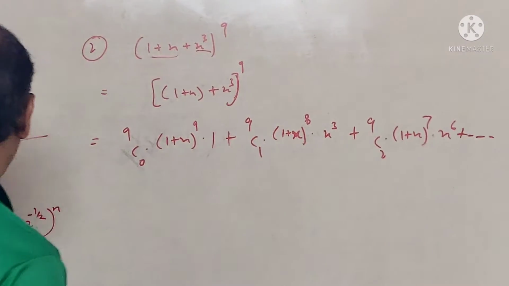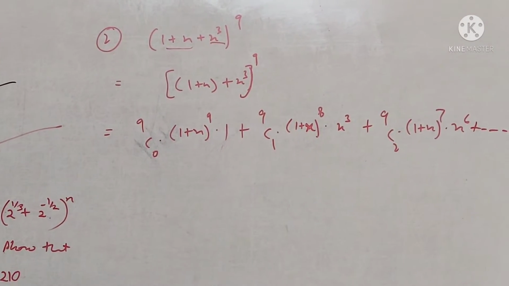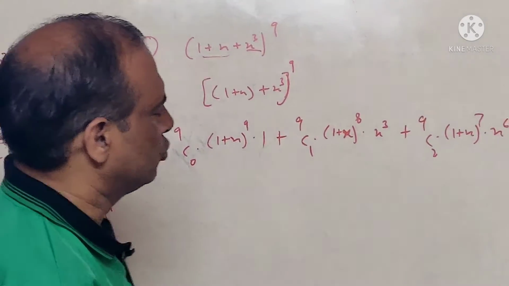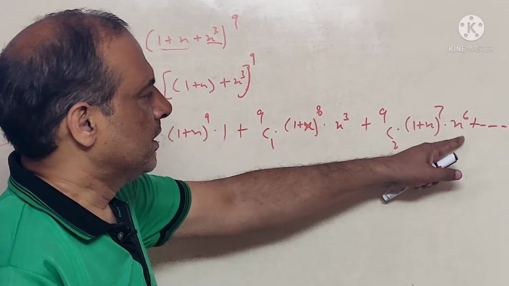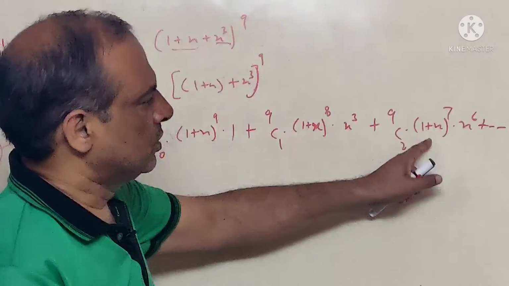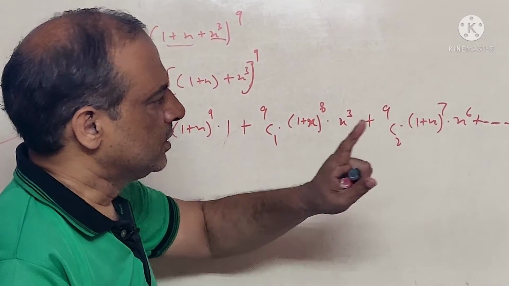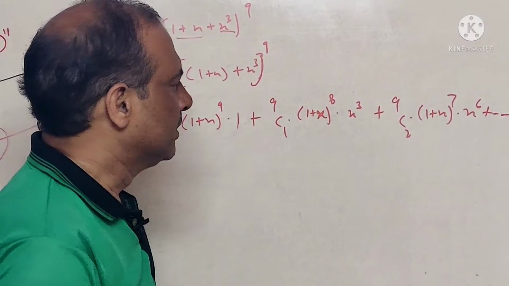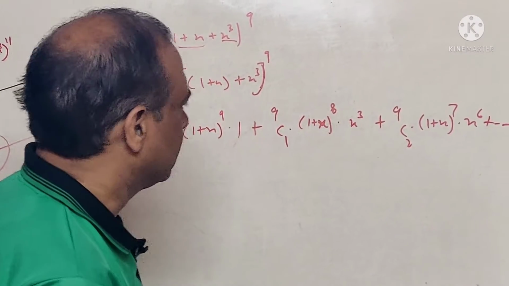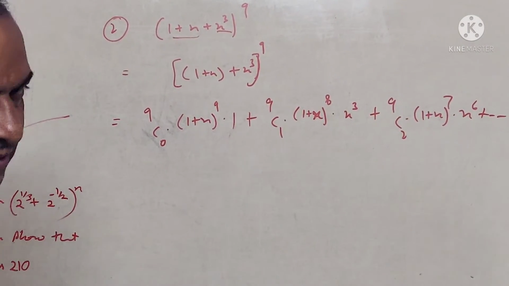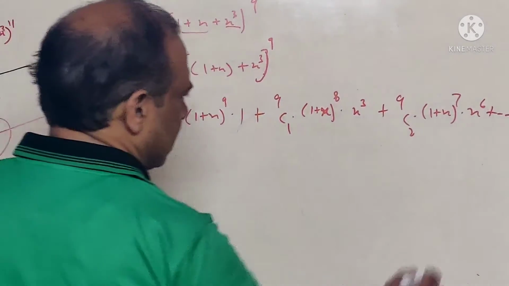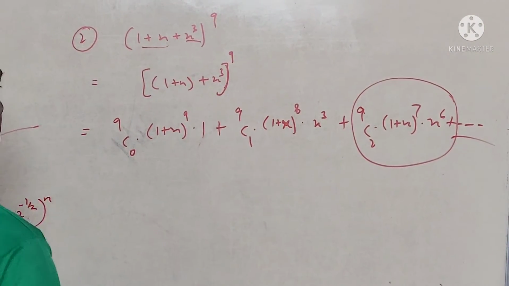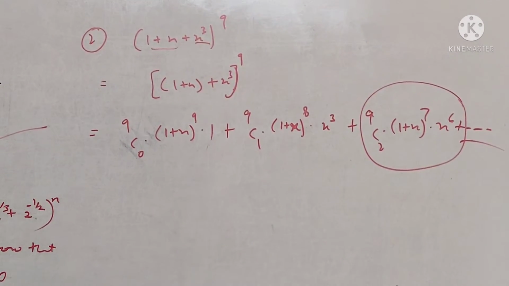But the one thing is, we have to find out the coefficient of x raised to power 5. Here in this case we are having x raised to power 6. Therefore, if we multiply it with any of the numbers after the expansion of (1 plus x) whole raised to power 7, then it will not give us x raised to power 5. It will give us x raised to power 6 or more than x power 6. Therefore, there is no need to expand all these terms. This is of no use, and the further ones are also of no use. Now, we have to go with this thing.